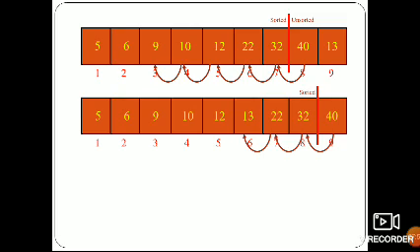For huge data sets it is inefficient. We do not take any additional memory, only a single memory location. The space complexity is very low, but the time complexity is O of n square. Let me see how the time complexity works.